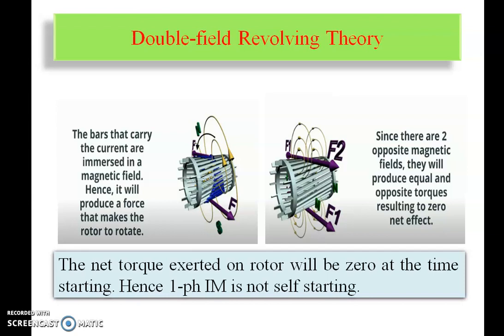What will happen? One of the forces, maybe either positive or negative, will be greater than the second one. Suppose I am revolving my motor by using my hand, or suppose I am going to revolve the motor which is stationary, in the clockwise direction. Then the clockwise torque is greater than the backward torque. So here what will happen? The motor will start rotating in the clockwise direction continuously.